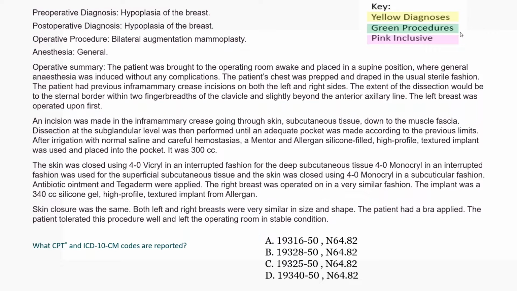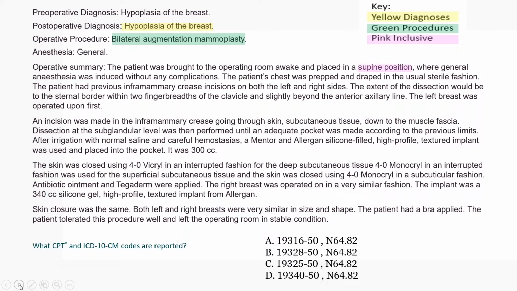So coders, if you haven't still figured out, you can continue and work on the answers. In the meanwhile, we'll go ahead and solve the scenario. So the first step, coders, always let's highlight the keywords. You can see the pre-operative and post-operative diagnosis are the same. So we will always take the post-operative diagnosis. It is hypoplasia of the breast in this case, and the procedure performed is a bilateral augmentation